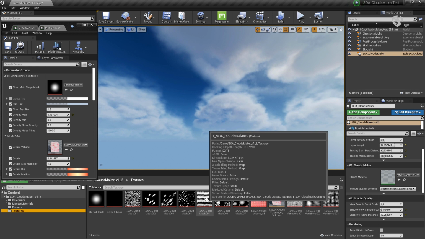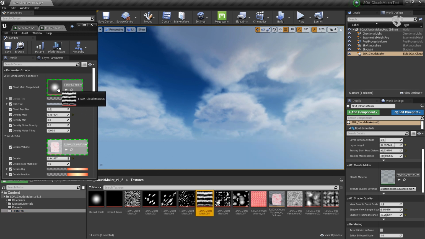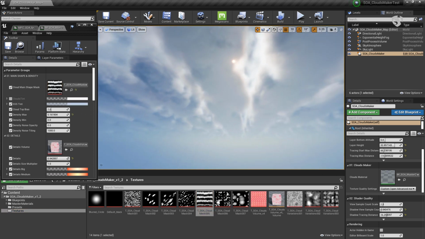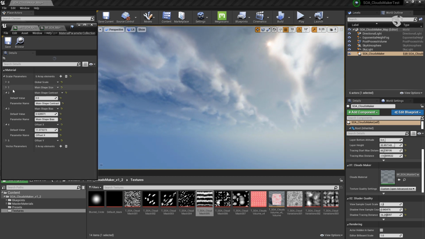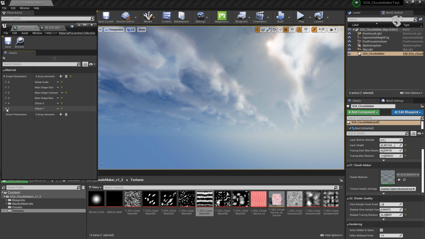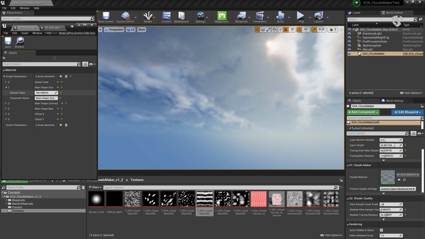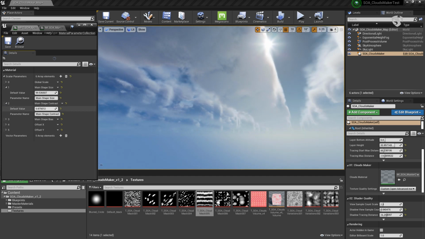I don't know, we can use this one, which is created by, looks like lines. And as you can see here, now we have lines. And of course, you can control the shape, the size of the shape from here, from the material parameter collection. And of course, you can increase or decrease the contrast, you see, and you can work with the bias